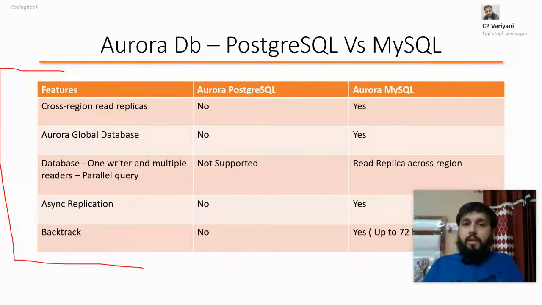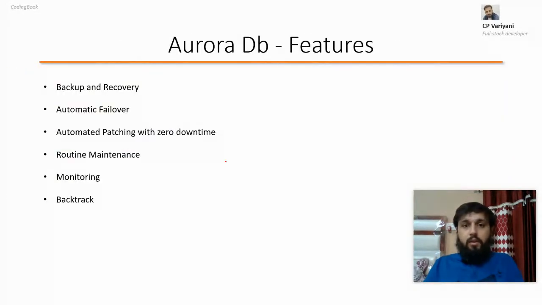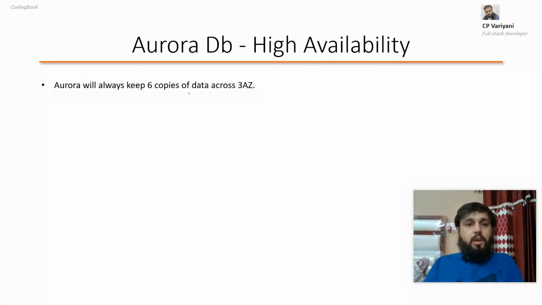If you do not understand these terms, you will understand them if you watch the previous part, where we discussed what they are. That's the way you can understand the actual benefit of Aurora DB. These are the features: backup and recovery, automatic failover, automatic patching with zero downtime, routine maintenance, monitoring and backtrack,